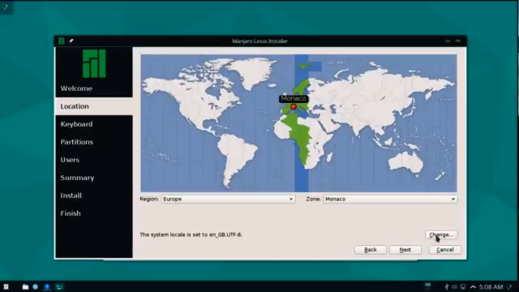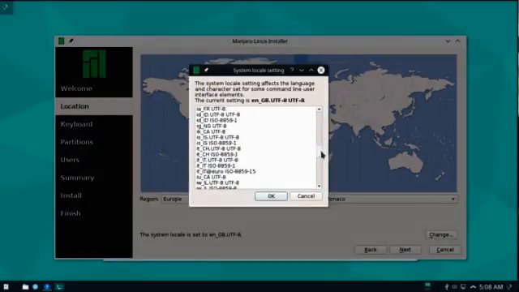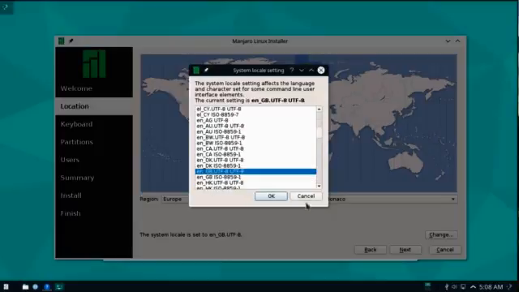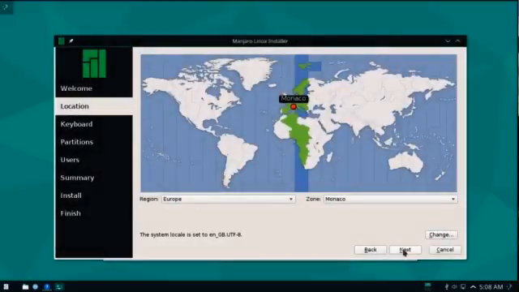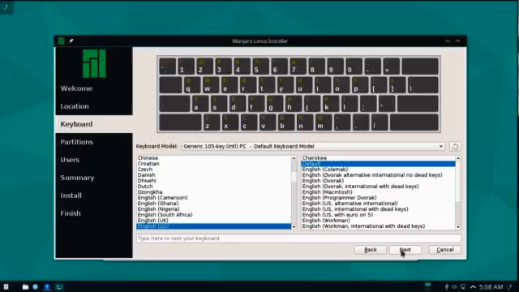What is also possible here is to choose the locale. Let's keep it in English. Well, here we can select our keyboard layout,